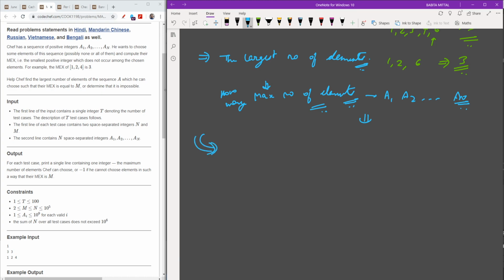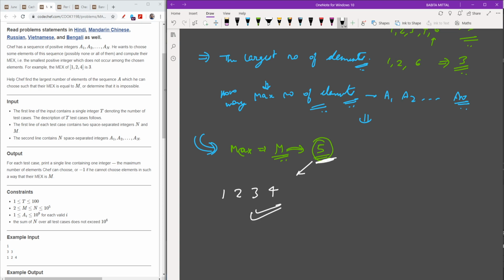First of all, I want to obtain a MEX value of M. For better understanding, let's have one example, and suppose the MEX I want to obtain is 5. If I want to obtain the MEX 5, then what's the condition? The condition is that I should always have 1, 2, 3, 4.